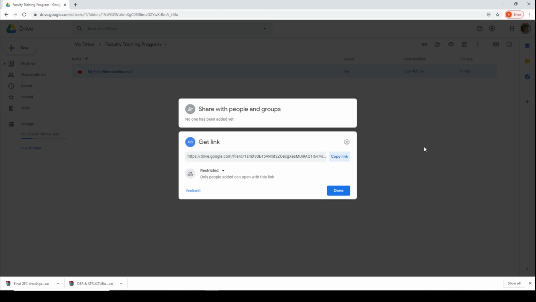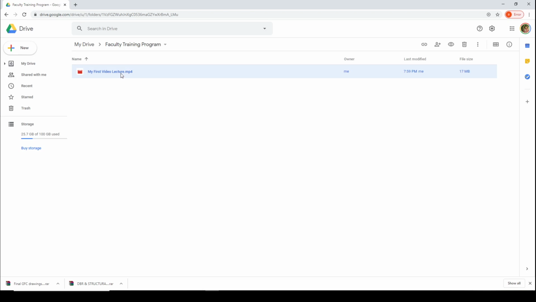This link is the place where your video file has been stored inside your drive. You can share this link with anyone you want to, and that person will have access to the video file that you have saved in your Google Drive. You simply have to copy this. You can also check on this restriction, whether you want it to be shared with only the person with whom you have shared the link, or you want it to be shared with any person that has the link, right? You can select whichever option suits you.